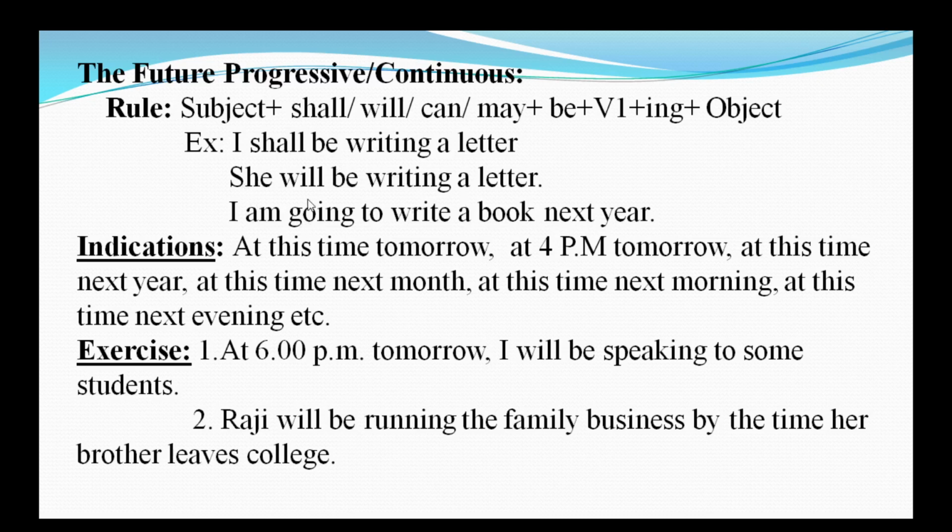She is the subject, will be is the future progressive form of the verb. Writing is the V1 plus ing form. A is an article, letter is the object. Here, when you look at the sentence, the key indications to find that the sentence is in the future progressive or continuous tense are